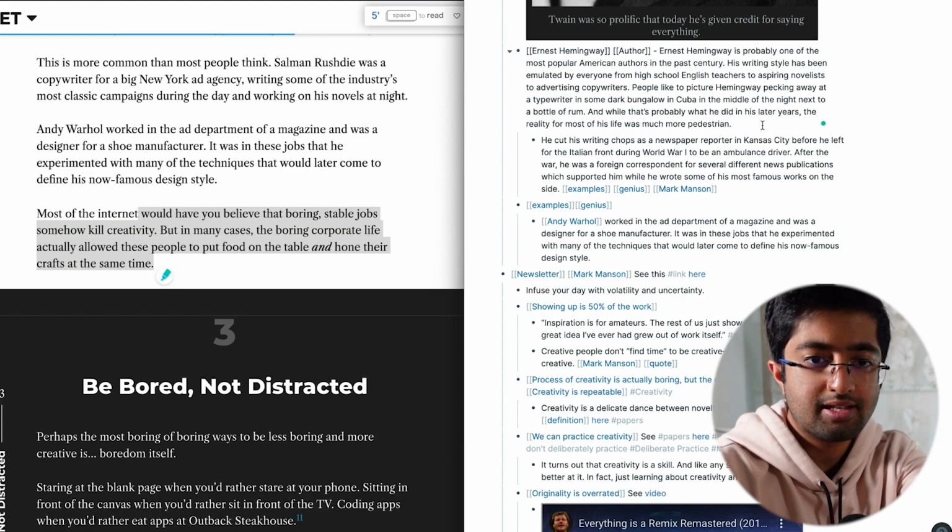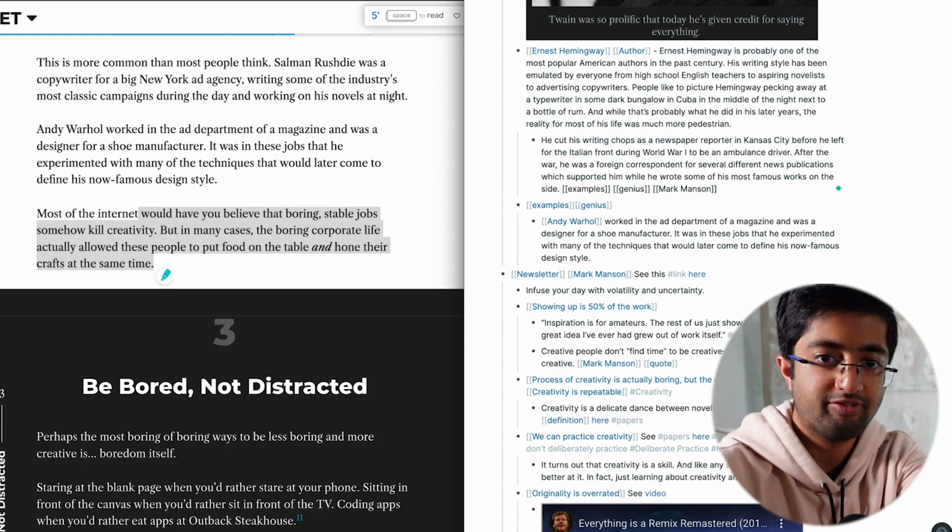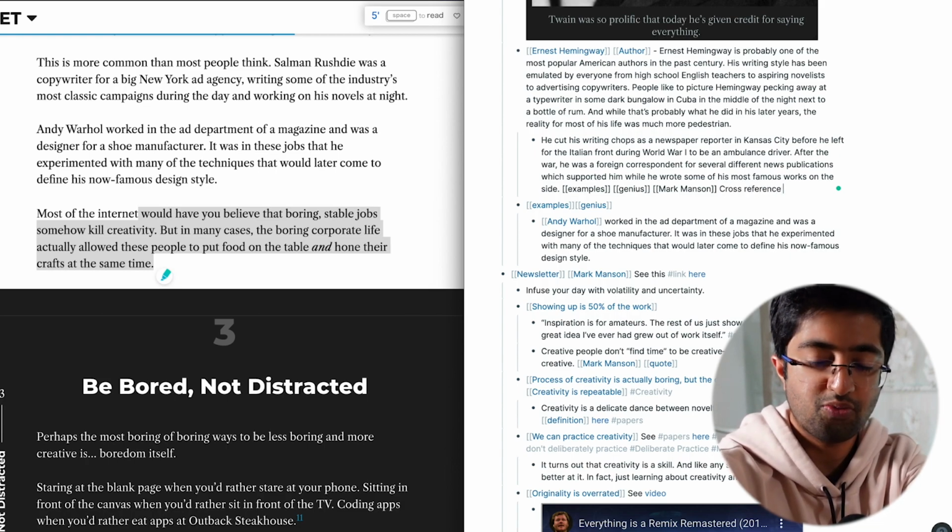Now I've also realized that as Ernest Hemingway had a very basic job, this reminds me of Einstein and how Einstein also had a job at the patent office for many years before he made his discoveries in 1905. So what I'm going to do is cross-reference. I'm literally going to write this and not worry about the structure at all. I'm going to say cross-reference this with